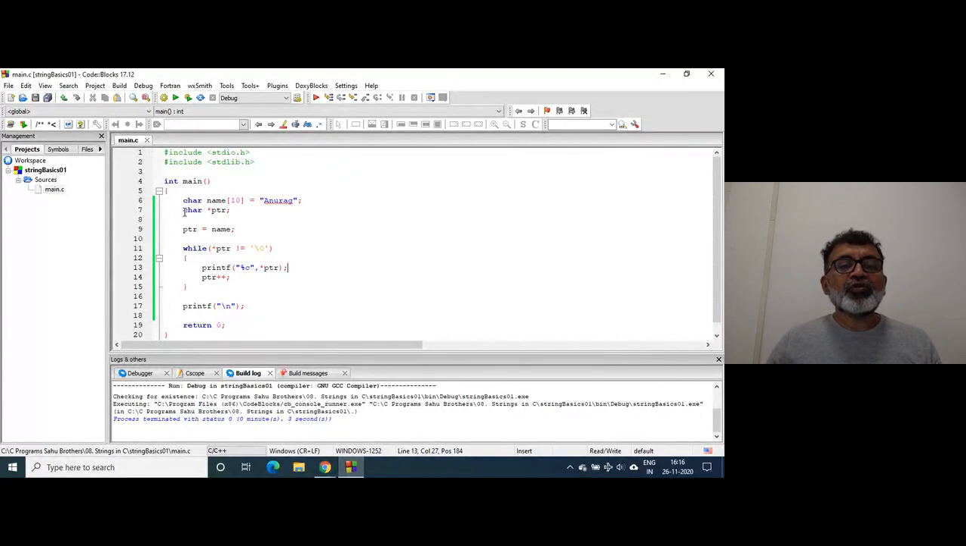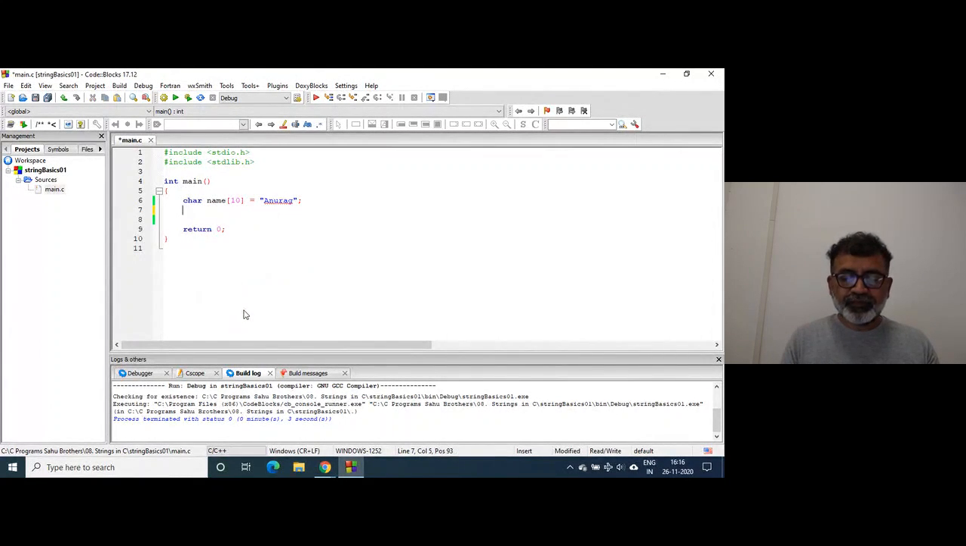So if I run this code now, it will print Anurag. Now, how to take the input from the keyboard? I will write printf, enter your name. I will not initialize this now. Write scanf percent s, comma,